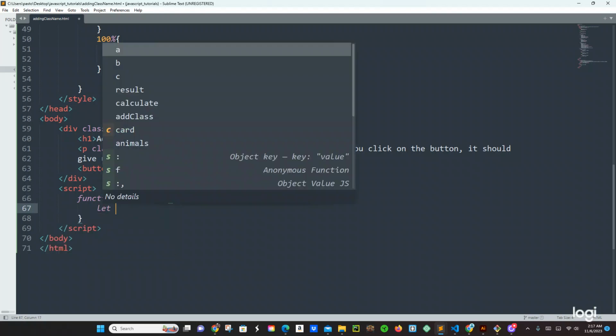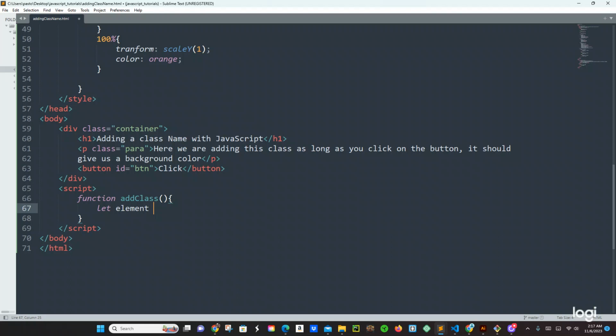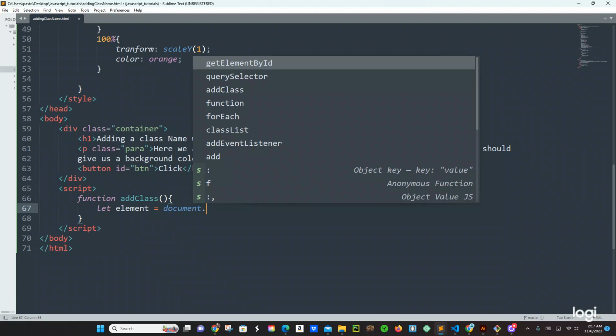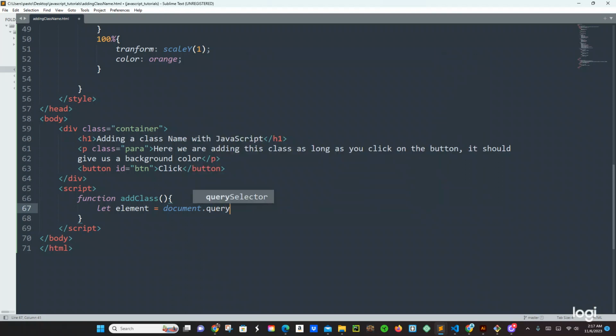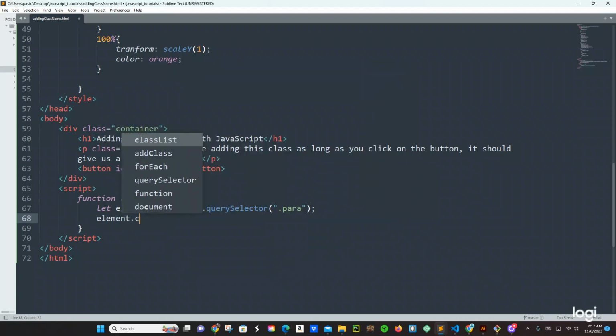We're going to say let element equals to document that query selector, and right here, because we want this paragraph to change to have the animation, we're going to be adding that class. So we're going to pass that class, which is going to be para, so we can target that class, and then element that class